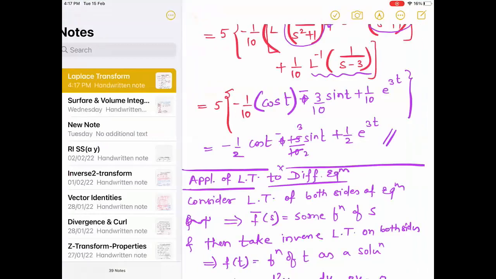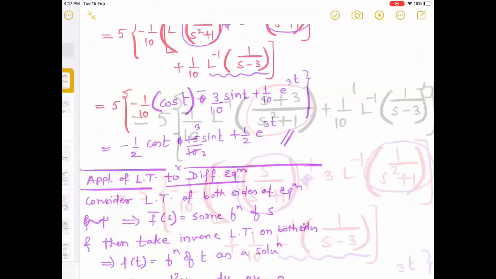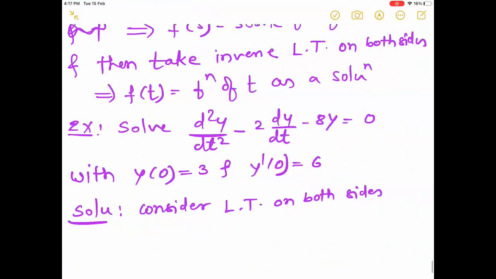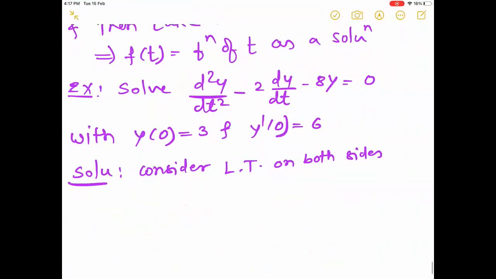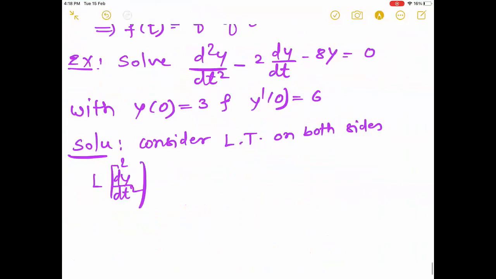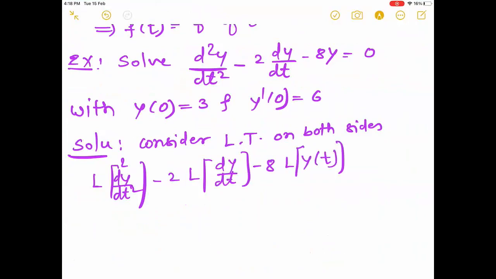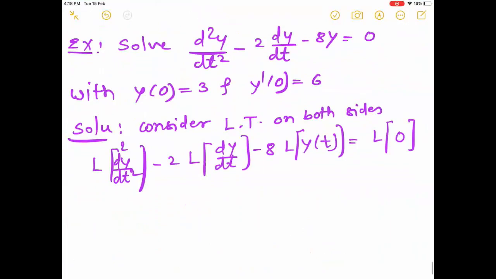The right hand side is 0. Laplace transform of d square y by dt square minus 2 Laplace transform of dy by dt minus 8 into Laplace transform of y of t is equal to the Laplace transform of the right hand side, which is 0. And now using the derivative property